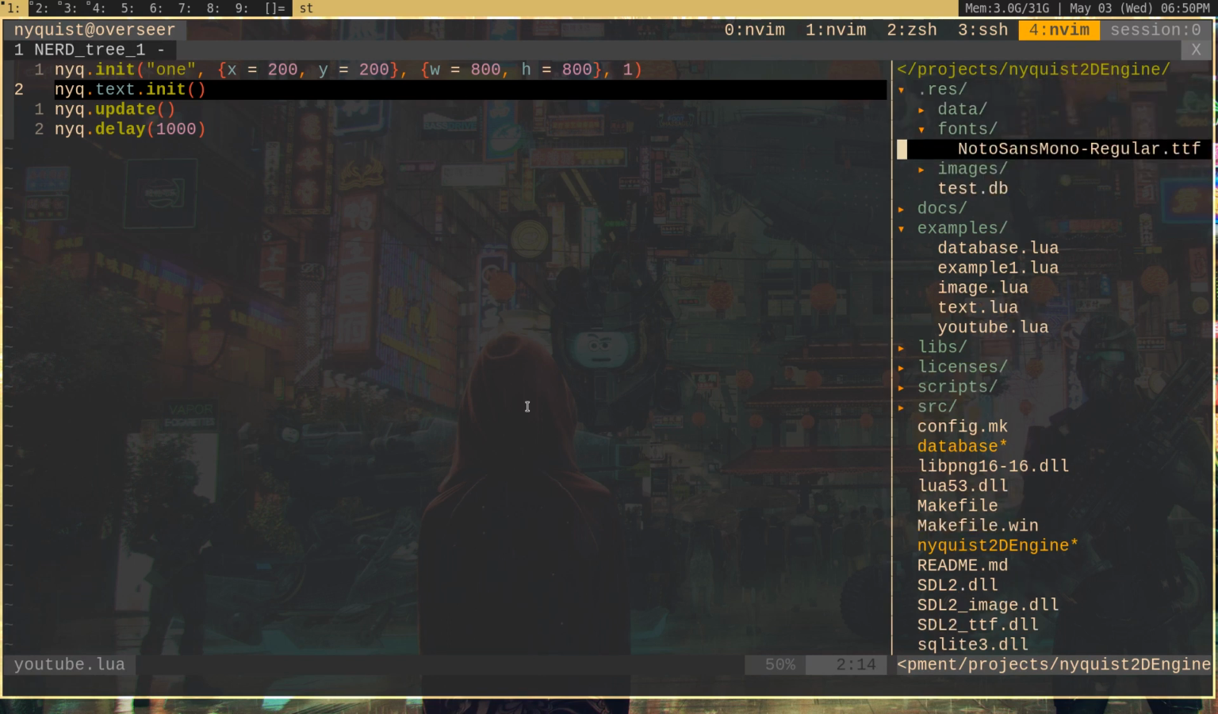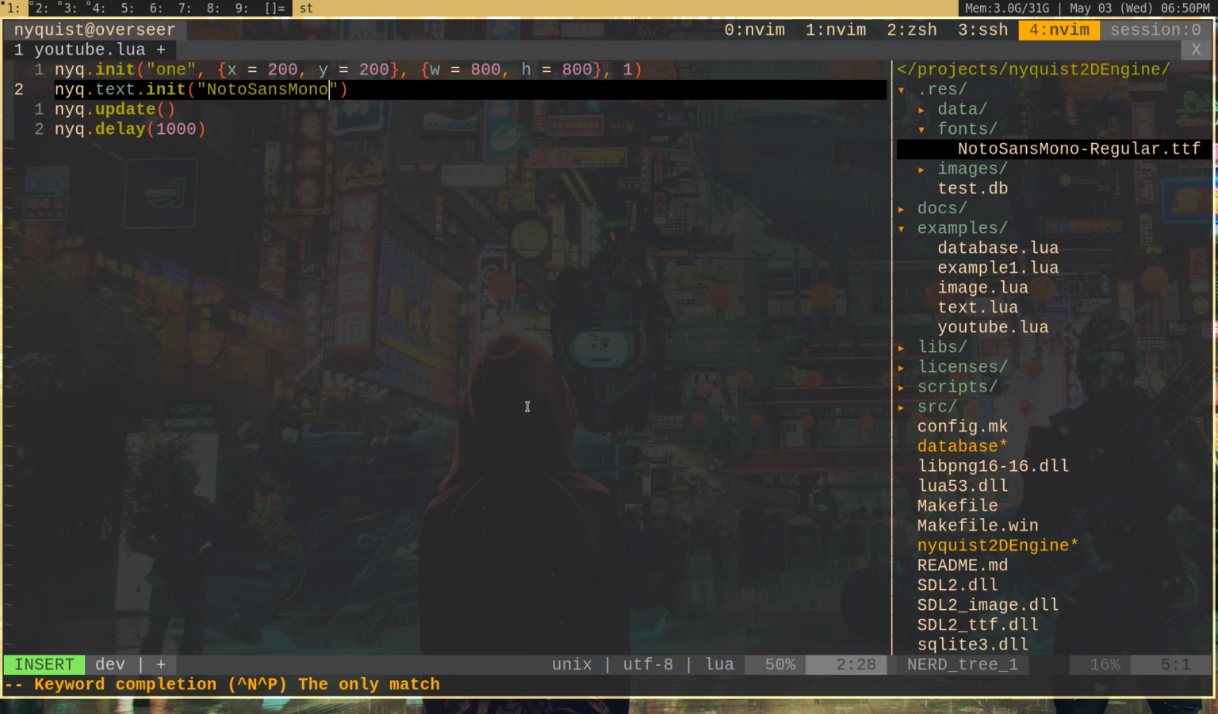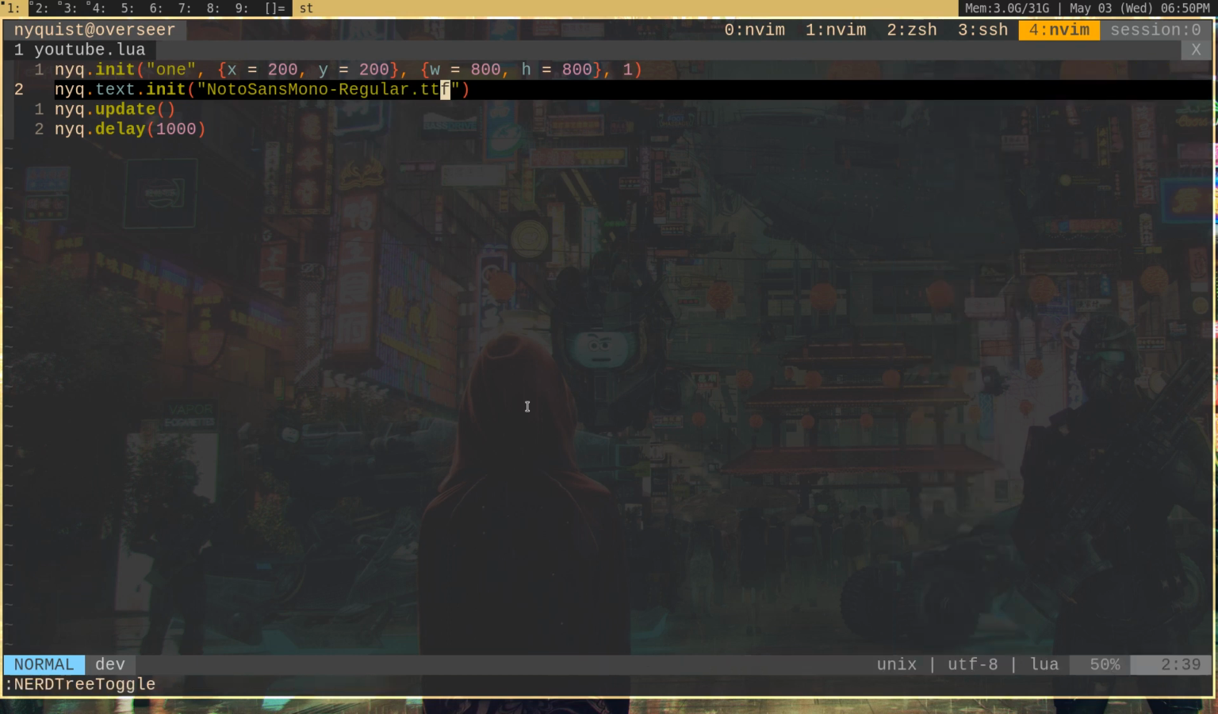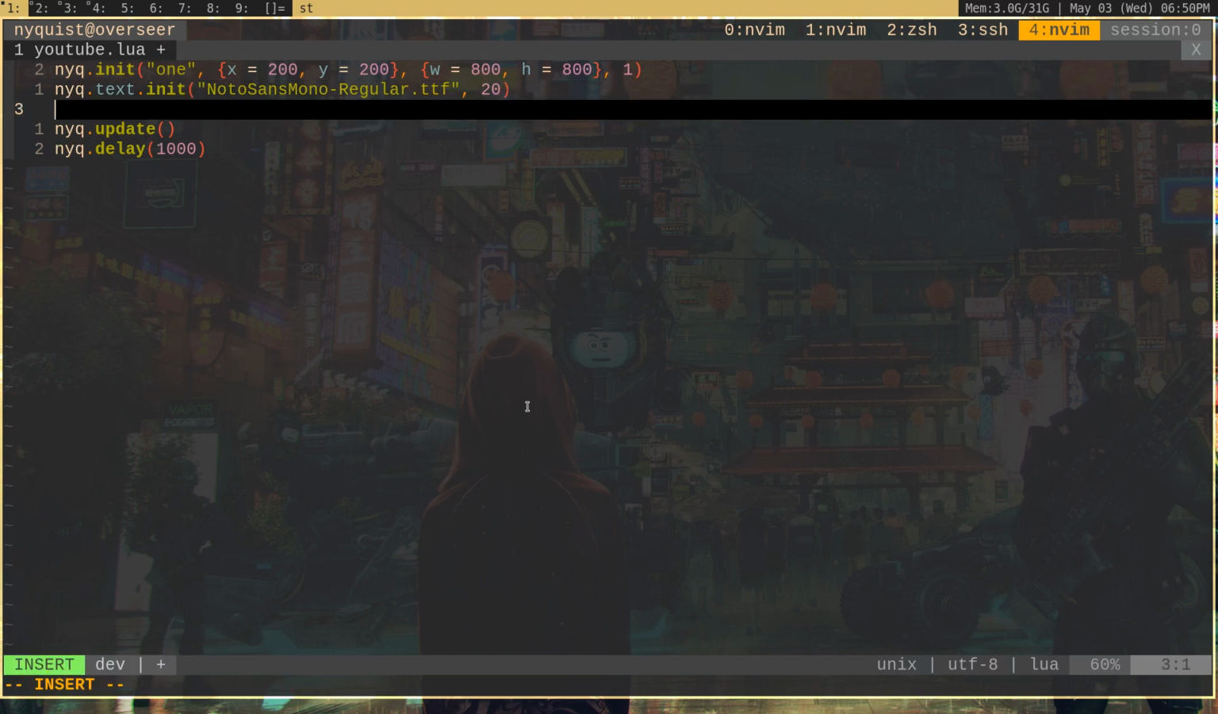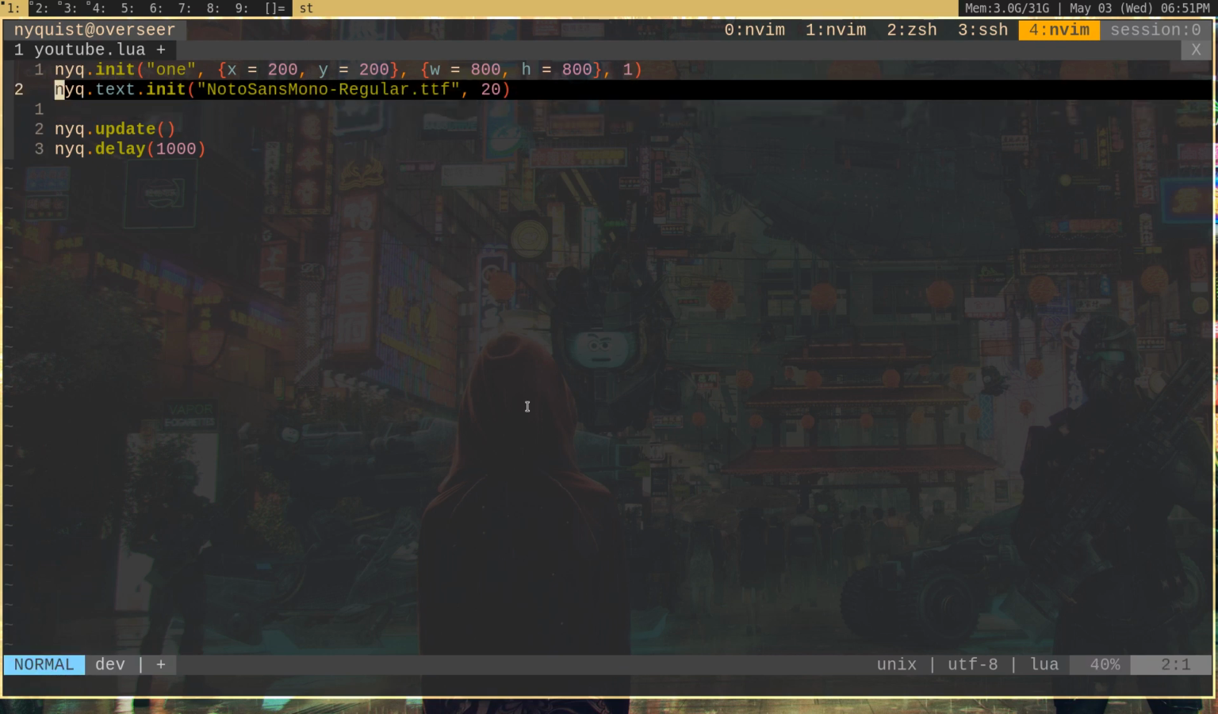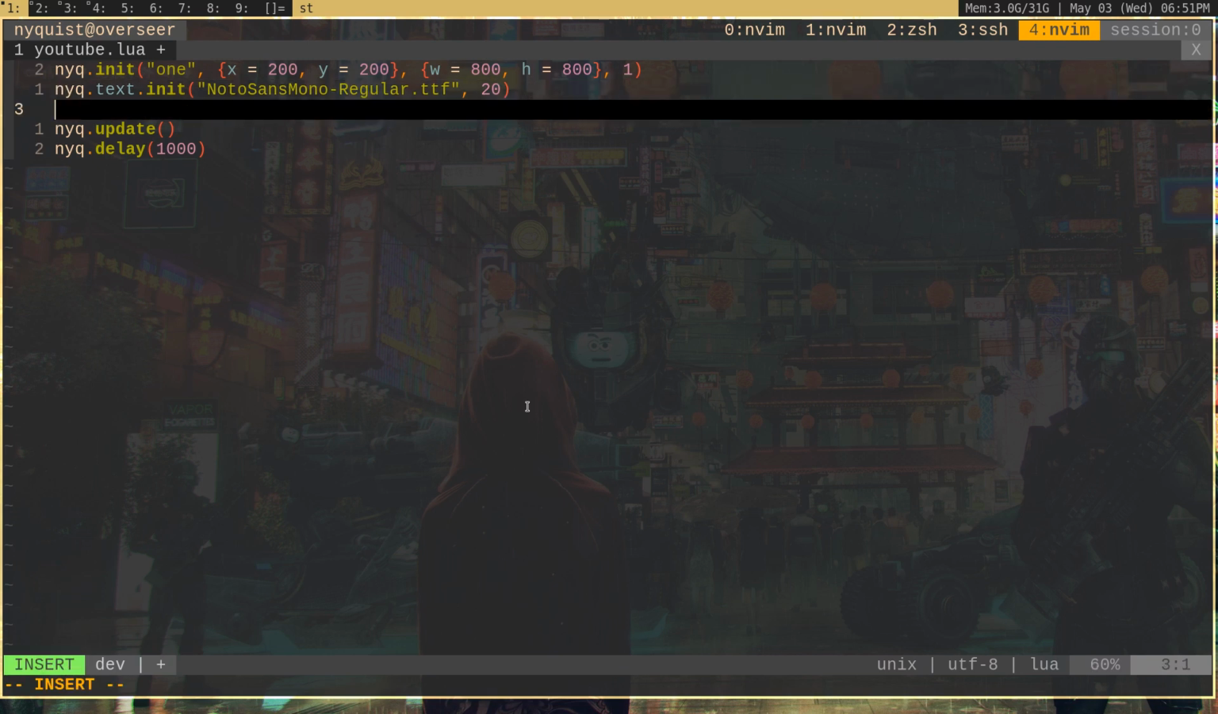So our fonts, this is a collection of fonts that we have. So I can use the Nodo Sans Mono Regular .ttf font. And I'm going to say I want it to be 20. So now I have my font. If I want to draw it to the screen, first, that's just initializing it, saying, hey, I want to use this font with this font size. Now if I want to create text,